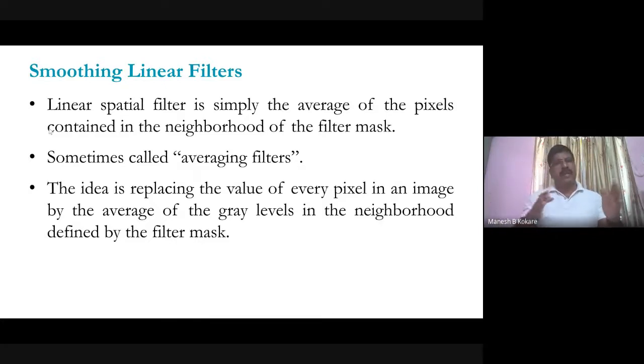Yesterday I talked about spatial frequency. Spatial frequency is higher at the edges because the rate of change of pixel intensity is high, and rate of change is nothing but differentiation. So if the differentiation is high, definitely at edges this value will be high, and you can detect it with the high pass filter.